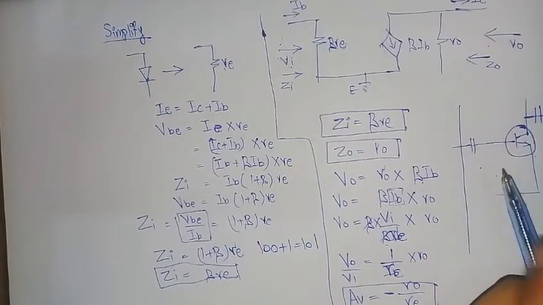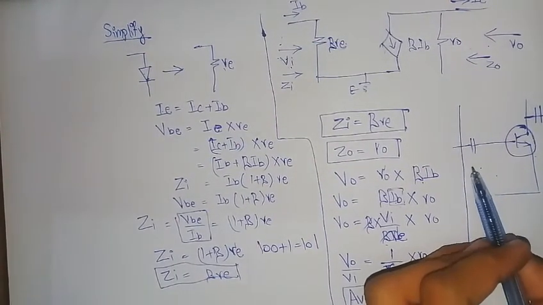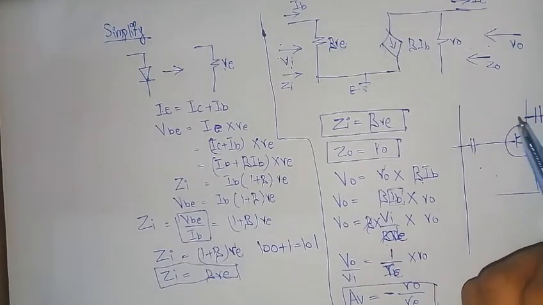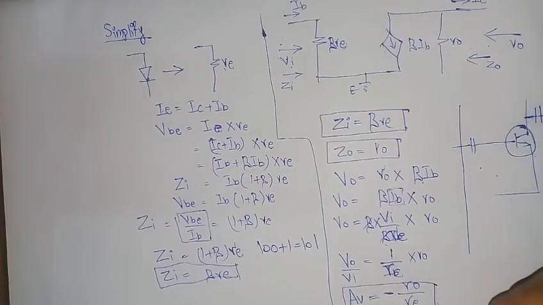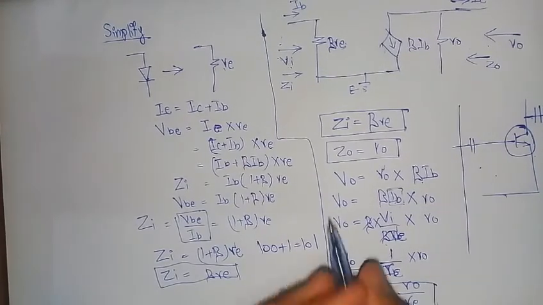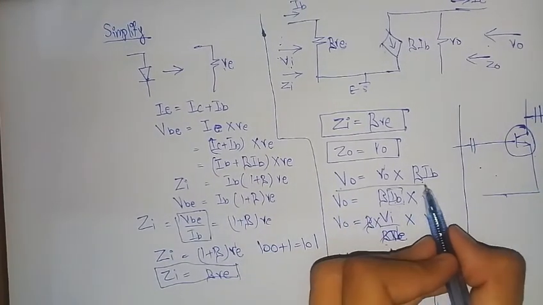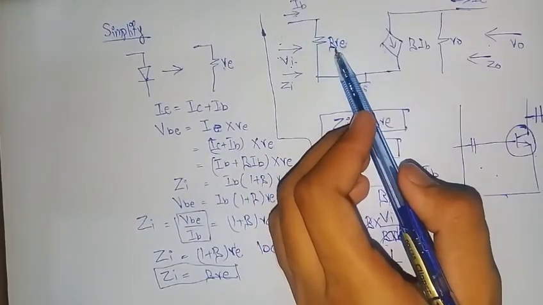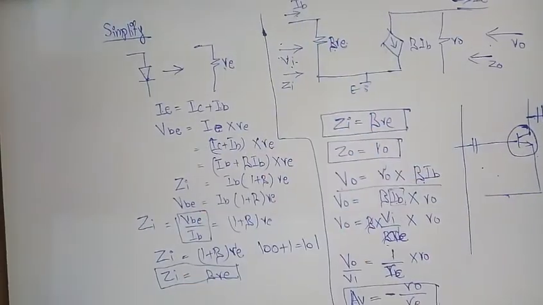On this circuit you will see that when we apply the input signal on this capacitor, you take the output across this capacitor, and across this capacitor you will calculate the output as an inverted output. So therefore we take the minus sign over there, and this will be the value of the voltage gain. The output voltage will be calculated from this side, and Vi is simply Ib times beta times Re.